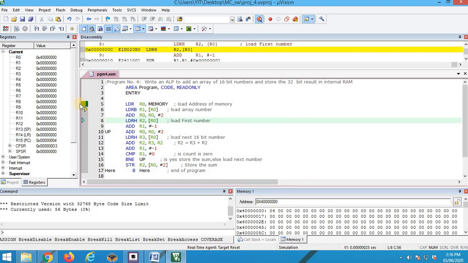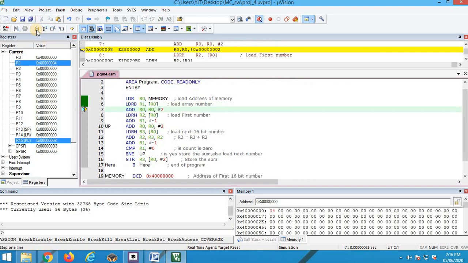So I need to mention 4. What LDRB R1, R0 does is, whatever is there in the location pointed by R0, which is 4, will be loaded into register R1. We are loading only a byte, that means only one location is considered. So 4 is loaded into register R1.